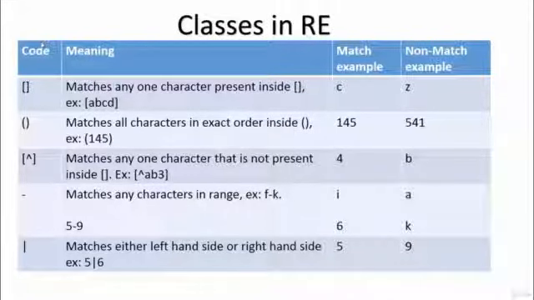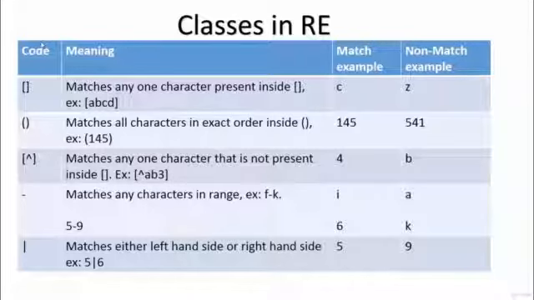Guys, in this video we will see the concept of classes. Classes are used to form a group of codes and each class has a different meaning. The first class is square bracket, and square bracket is used to match any character that is present inside it. And the second one is parenthesis, and parenthesis will match all the characters in exact order in which they are